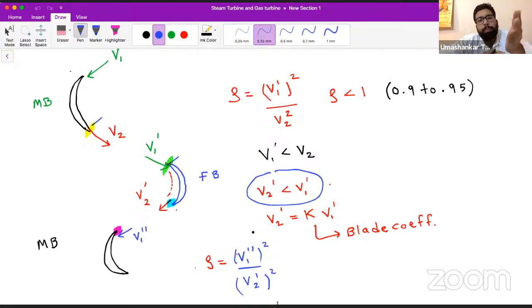Now some extent of this 450 meter per second will be lost while flowing through the fixed blade, because of the blade coefficient, because this steam is not going to strike the fixed blades. Yes or no? The fixed blade is there just to change the direction of velocity. So some of you might be confused, sir, previously you were using the blade coefficient with the relative velocity, and